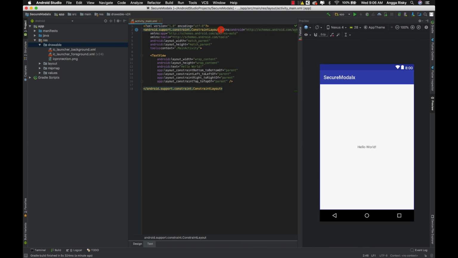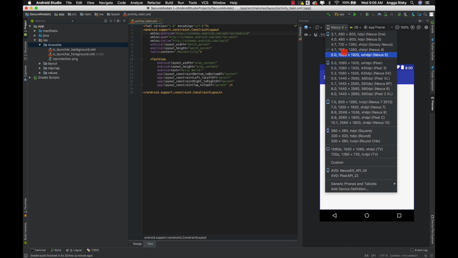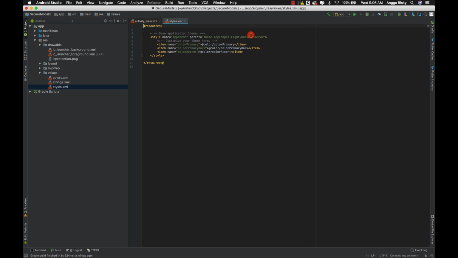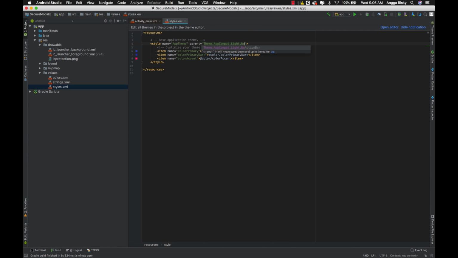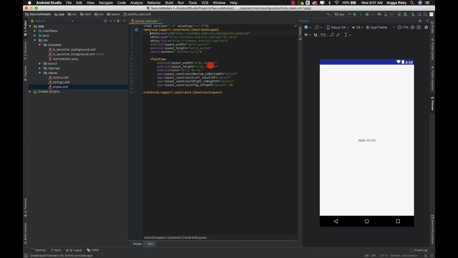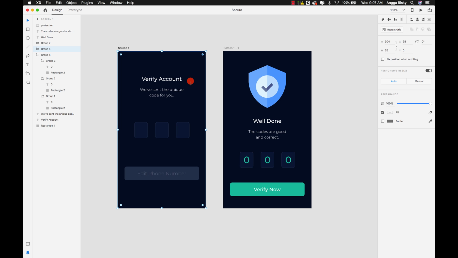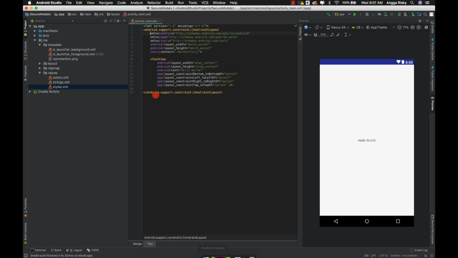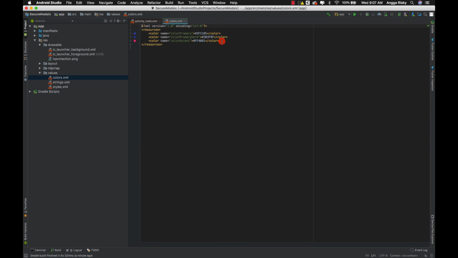In this case I'm going to use the constraint layout, and I don't have to use the action bar like this. Then I have to go back to Adobe XD to get this hex code, and go to Android to register a new color here. I called it color black.